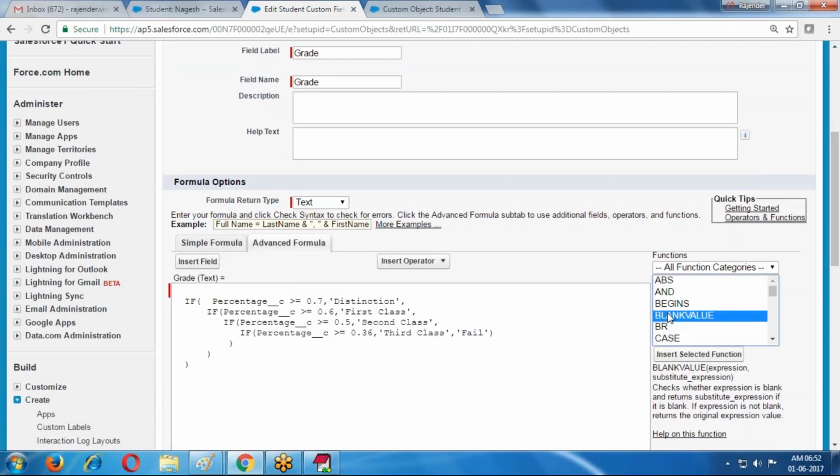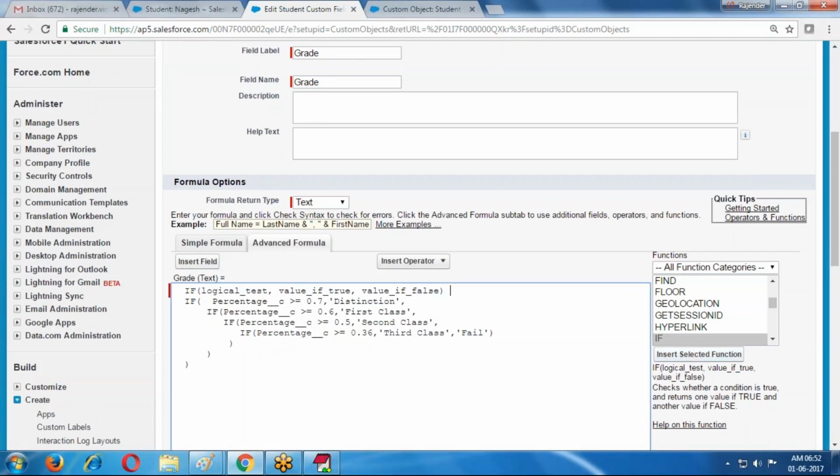In this IF condition, the false value is Fail. That means this is what I am providing after this. If the value is true, then this logic is executing.